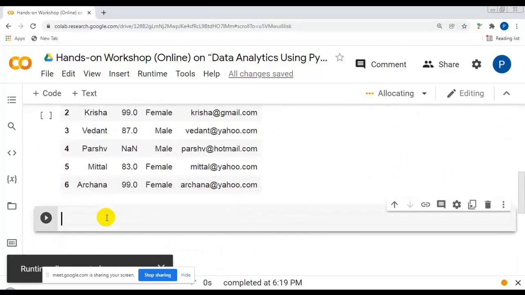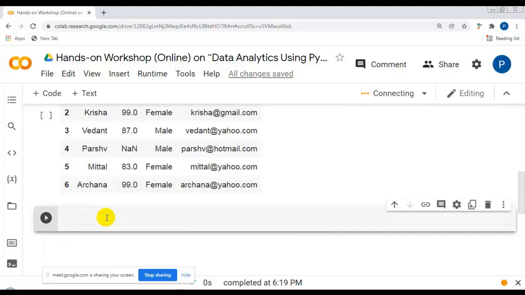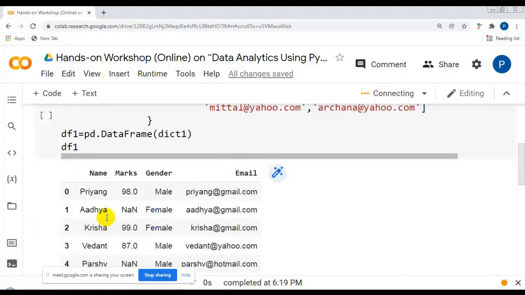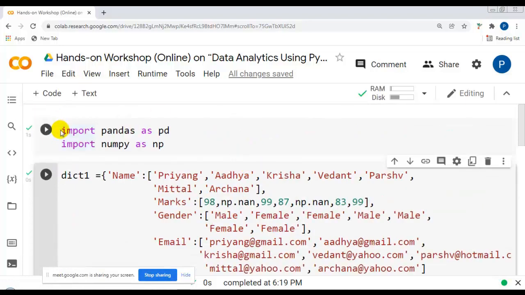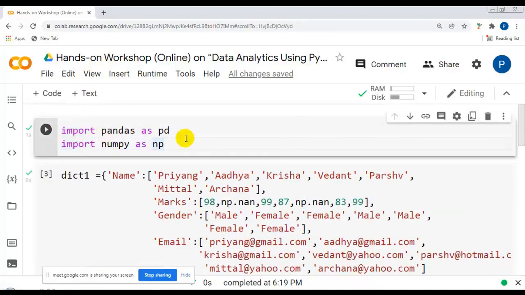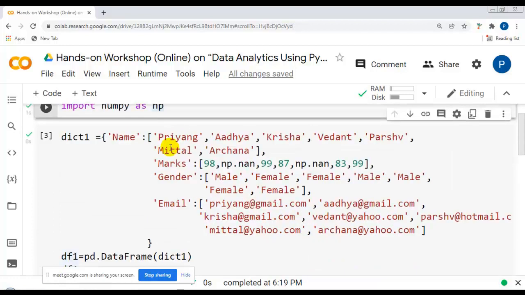So we can write our first question. I want to display the top 3 rows of the data set. As you can see, this is our pandas data frame, which is pointing to df1. I have imported 2 libraries, pandas as pd and numpy as np.